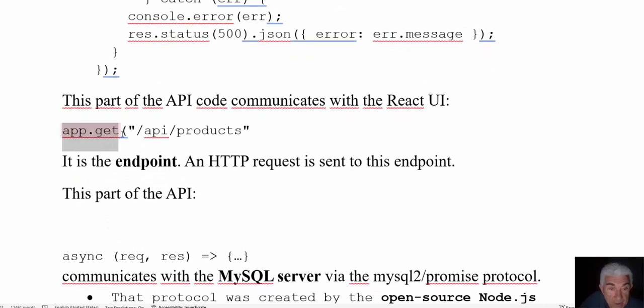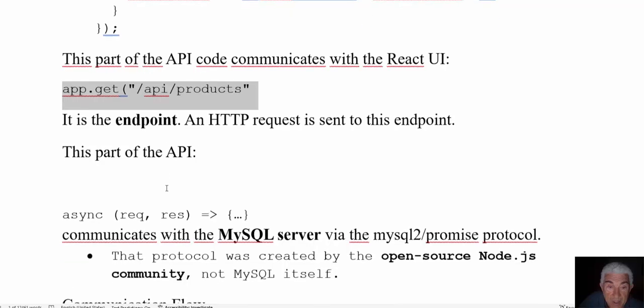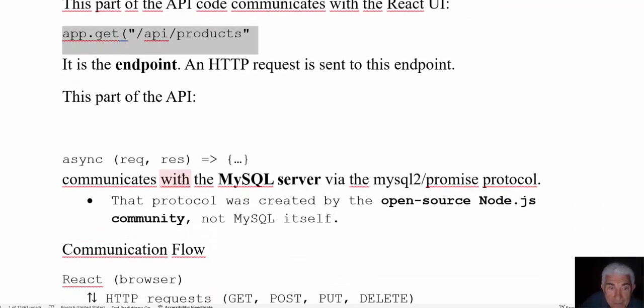This part is the first parameter of app.get. It is the endpoint, and the HTTP request is sent to this endpoint. This part of the API